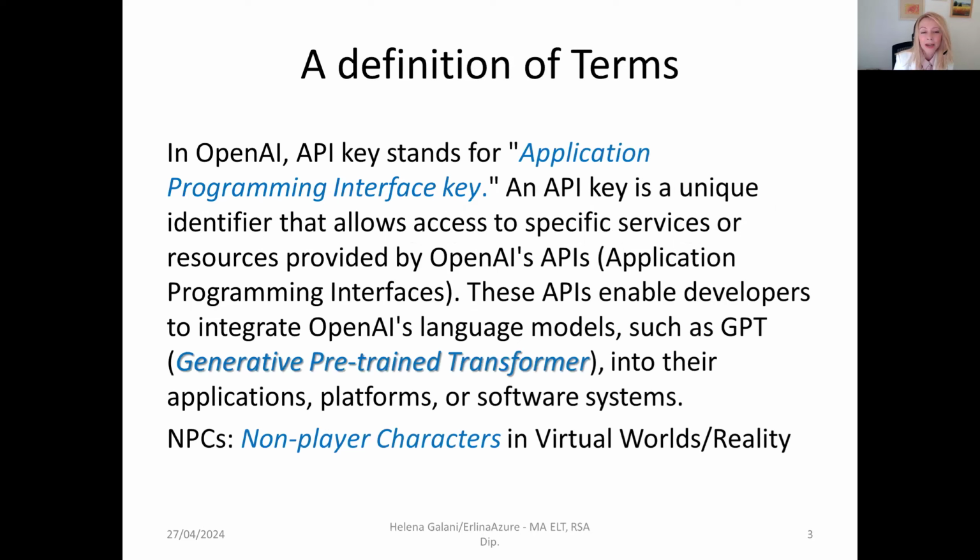In OpenAI, API key stands for Application Programming Interface Key. Oh, you may say, all this jargon. This key is a unique identifier that allows access to specific services or resources provided by OpenAI's interfaces. These APIs enable developers to integrate OpenAI's language models such as GPT, which is generative, pre-trained transformer, into applications,